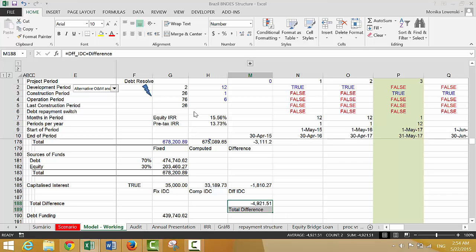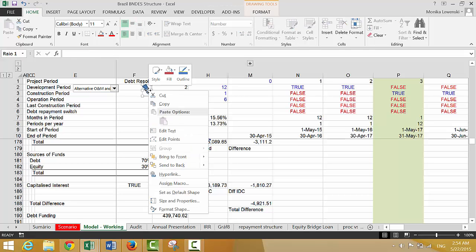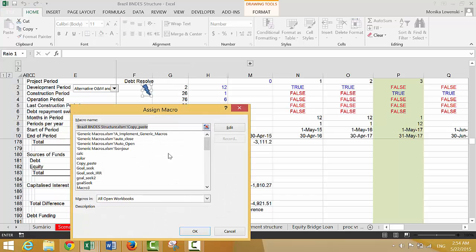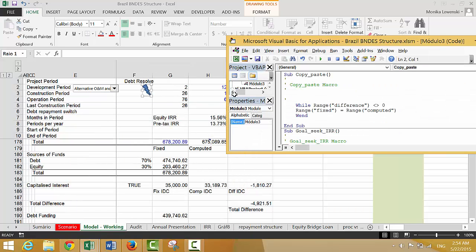And well, even if I have it wrong, this demonstrates why you can't really use a goal seek. You have to go round and around, copy this, copy that, and make it go around until the total difference is not equal to 0. So we can go to this and assign the macro and press edit. So this time, instead of this one, we put total,